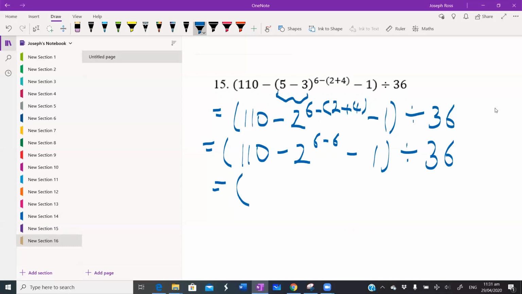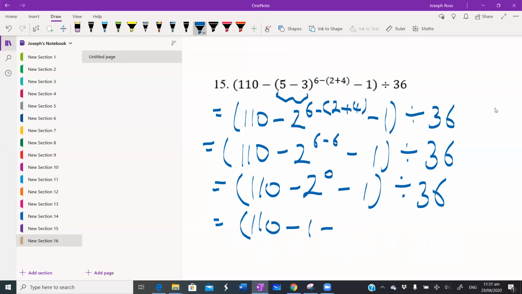So we've got 110 minus 2 to the power of 0 minus 1 divided by 36. So inside those brackets, we still have an exponent that we need to calculate. We need to work out 2 to the power of 0, which is 1. So we've got